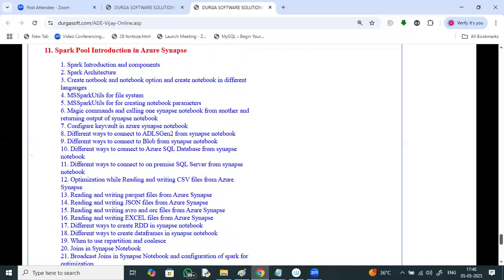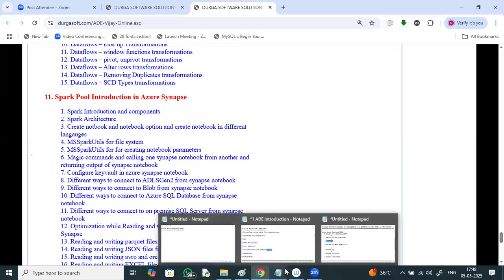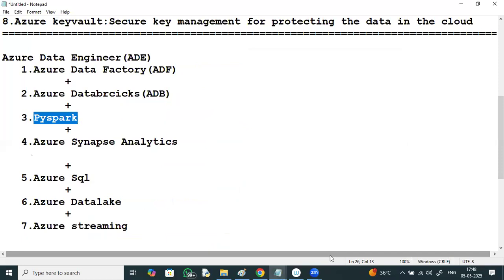Okay, fine. Coming to this, right? If I talk about the job market of Azure data engineer, according to Microsoft, every year around lakhs of companies are registering themselves on Azure.